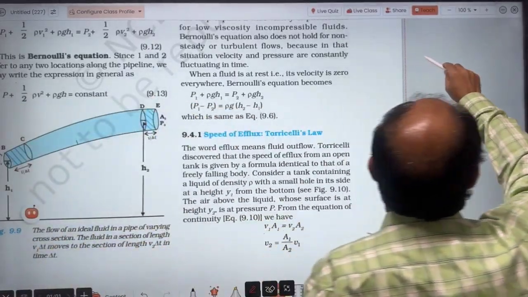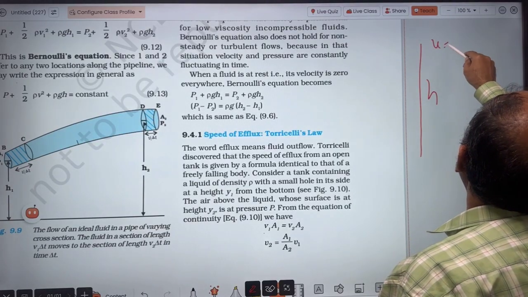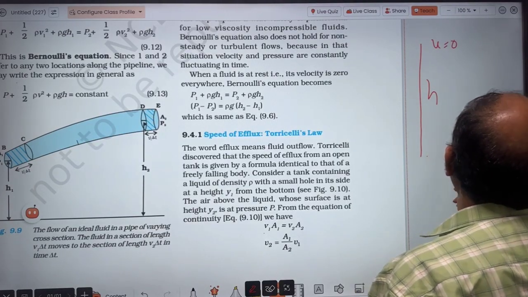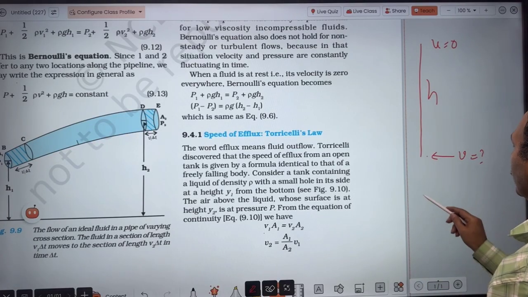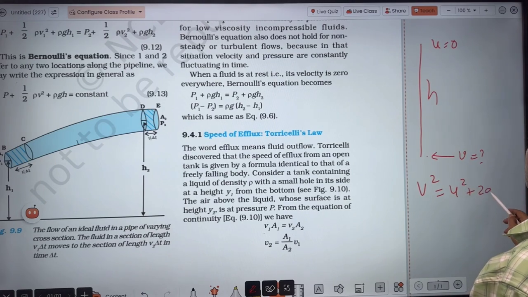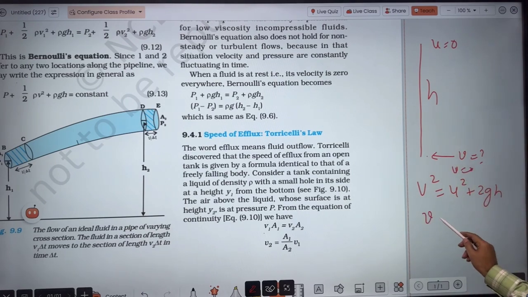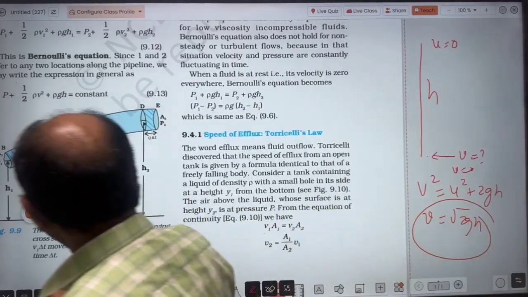If a body falls from height h, suppose u is equal to 0, so at this point, what would be the velocity? If you apply the formula v squared equals u squared plus 2gh, and u is 0, what do you get? v equals square root of 2gh. The same thing we will get in case of efflux flow also here. So